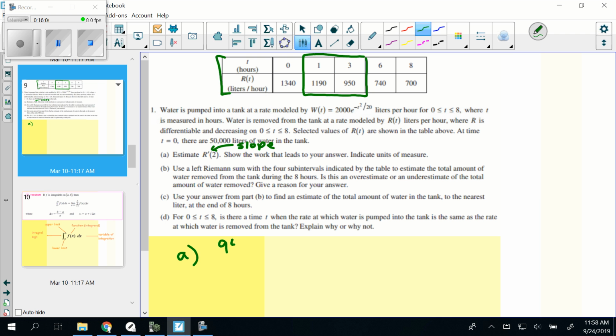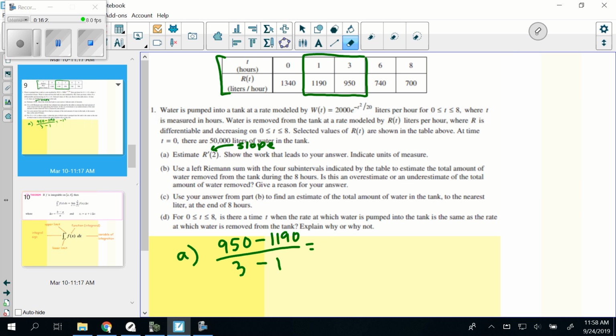So subtract our y values, subtract the x values that go with that, and if we subtract those, you get negative 240 over 2, and if you divide that, you get